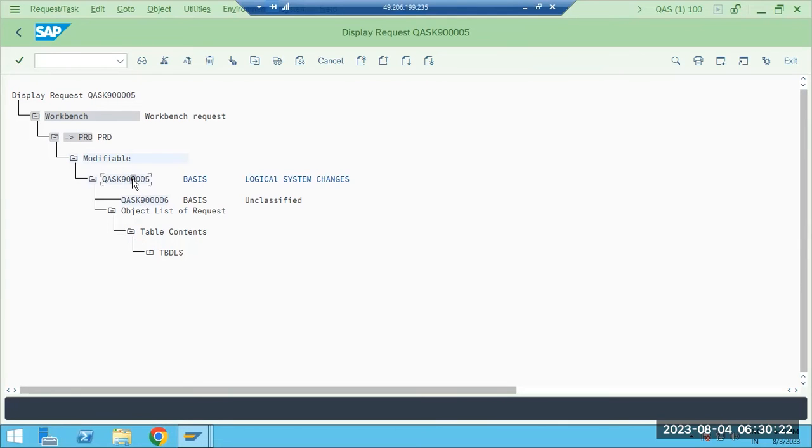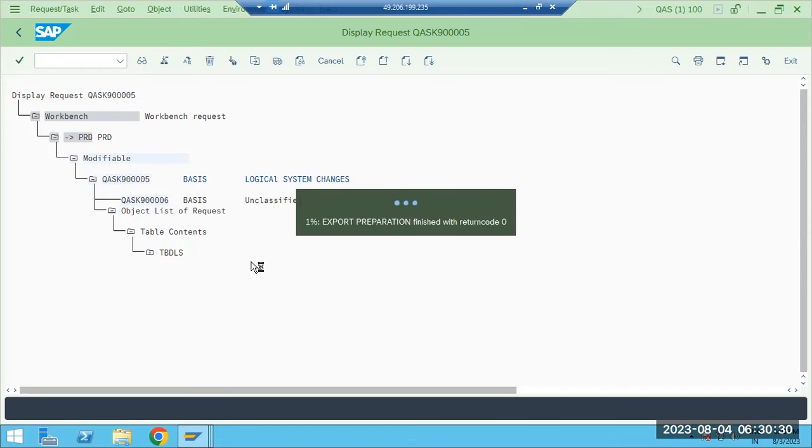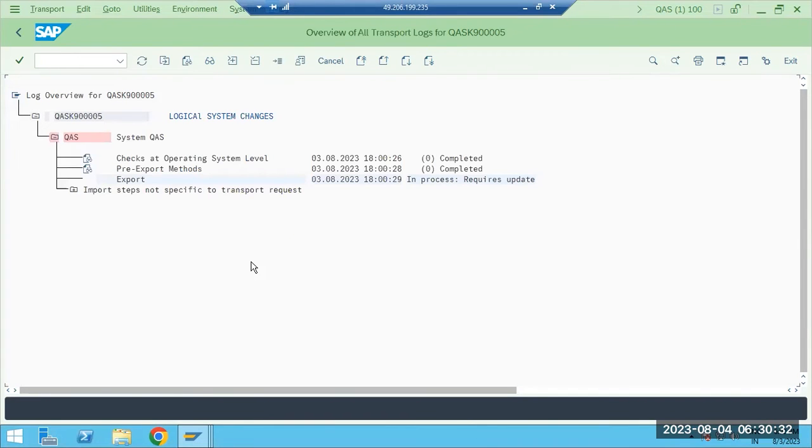Then how? Select the request and release it. You have to release it. Then the request is released here. See here, the request is released now. Without releasing, you cannot move it. When the request is released,